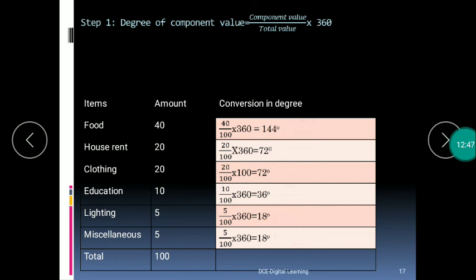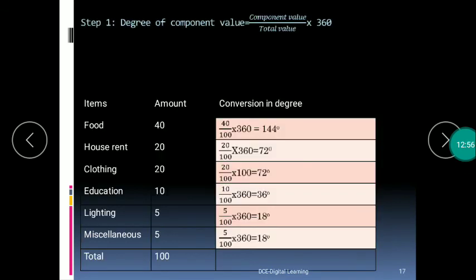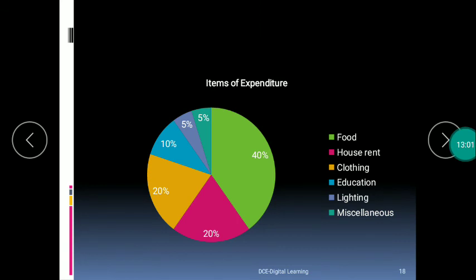After converting the absolute values into degrees, we have to prepare the circle by using a compass tool, and we have to measure all these degrees by using a protractor, and then we have this kind of chart, that is a pie chart. So here 40%, 20%, 20%, 10%, 5%, and 5% are the different items of expenditure which are spent by a particular family, which is going to look like this. So this is how